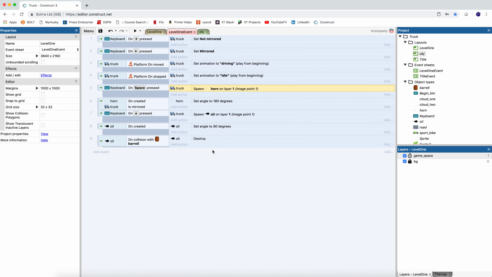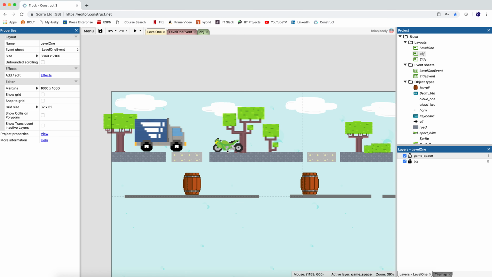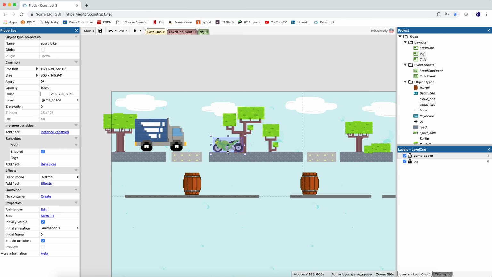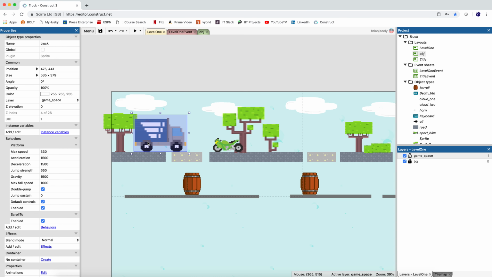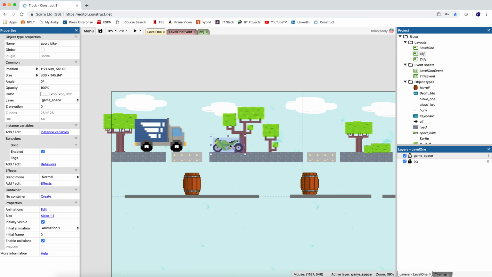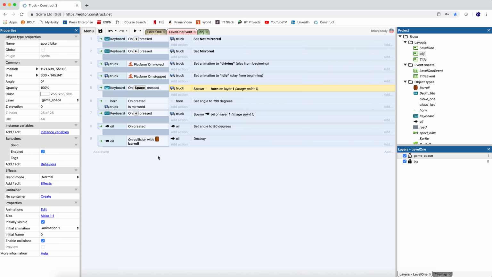All right, so now what we're going to do is continue on with that, and I want to be able to remove this motorcycle from my path so I can continue on playing my game, right? And we're going to do that in twofold. We've already kind of sort of done that, right? With the oil, I really quickly did that. And what I want to say is,